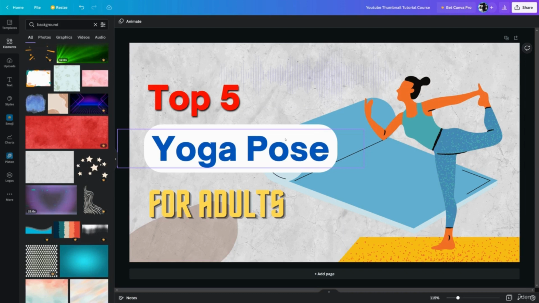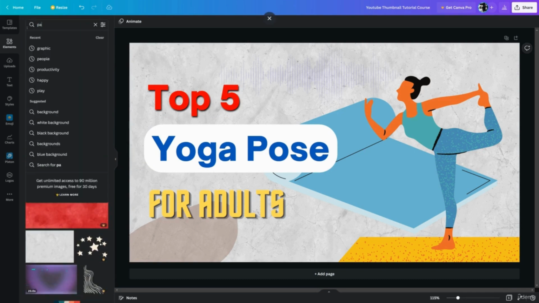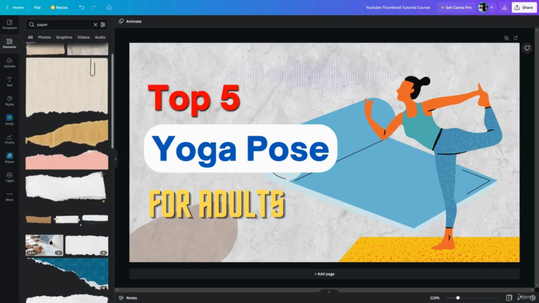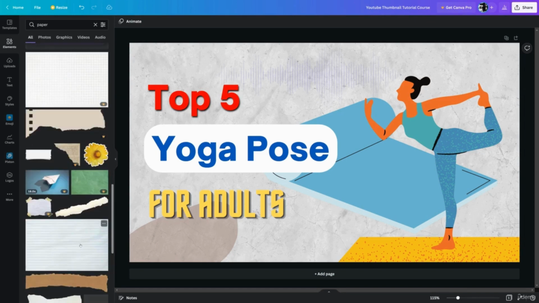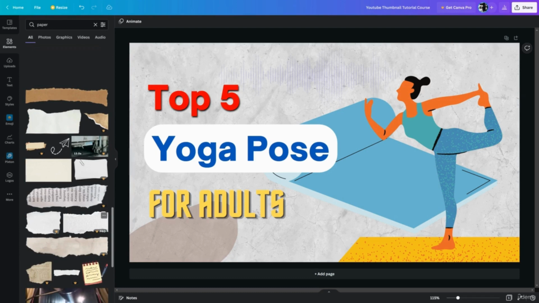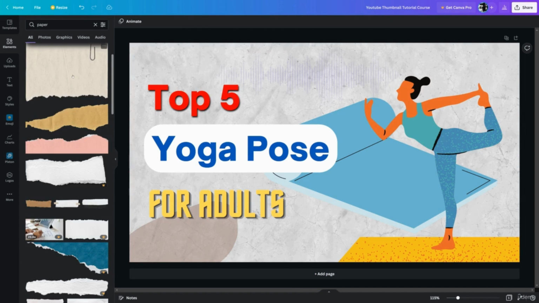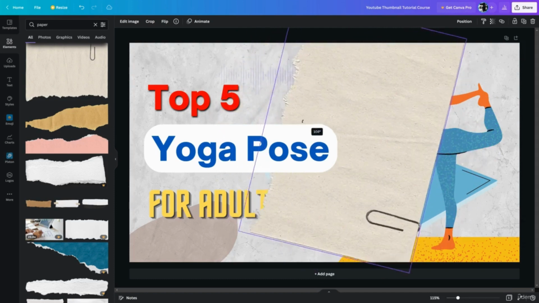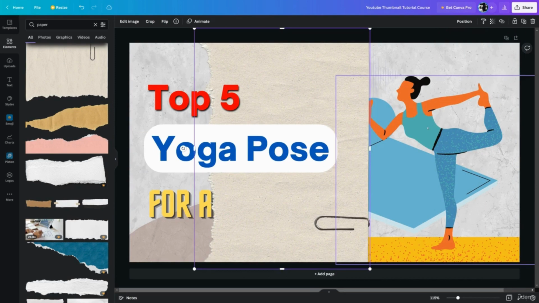So this is one type of thumbnail that you can use. There are some other techniques also. For example, if I write paper and in the paper I want to show you an example, so let me find it. So if I select this one and if I rotate it,